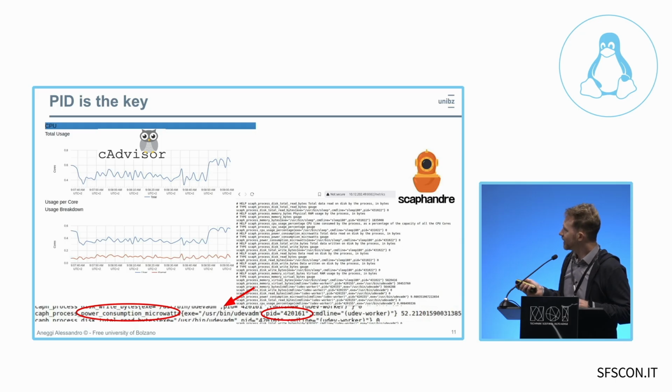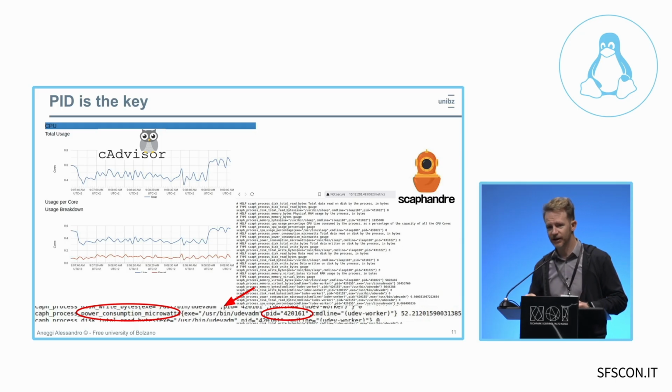We also have some data from cAdvisor that tells us exactly what's happening in the system. This is important to know if we are stressing the system or if the load is too low, because if we have like 1% CPU usage, the data is basically not so relevant